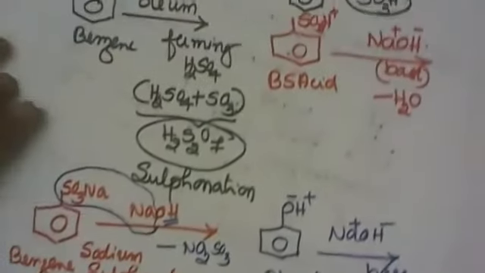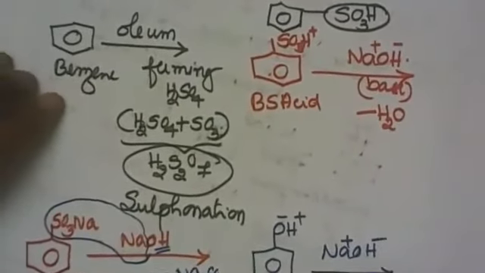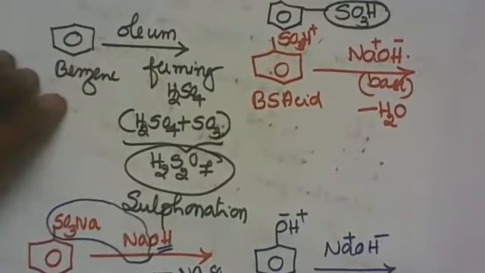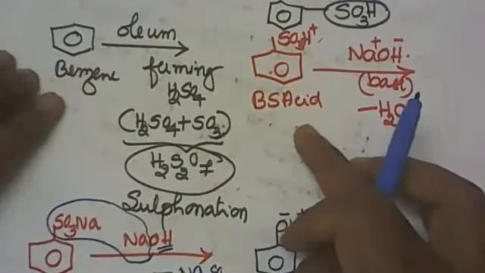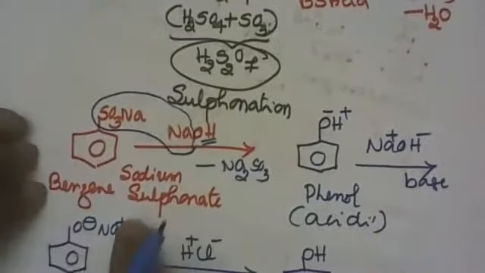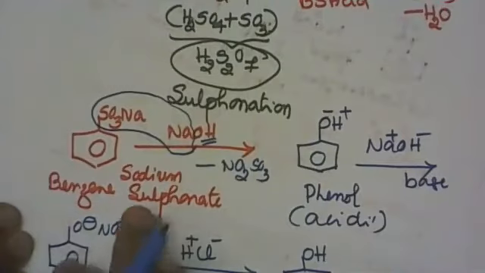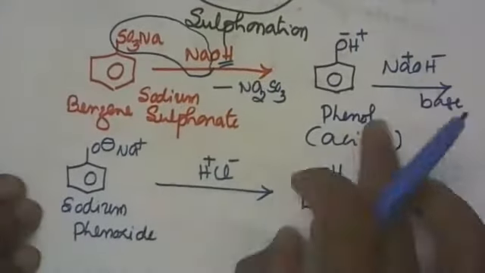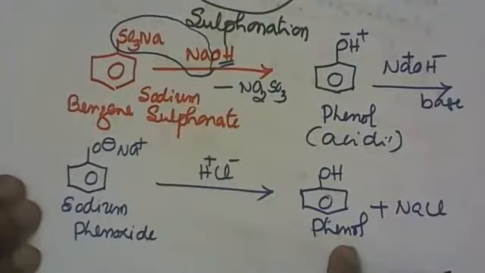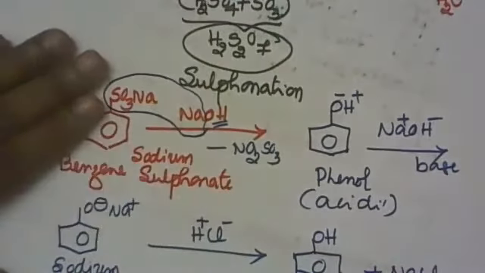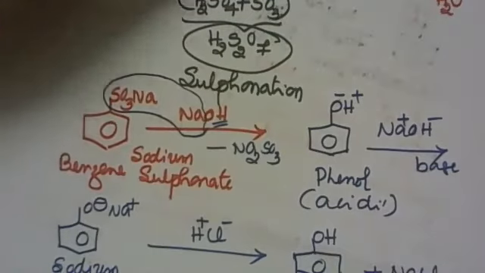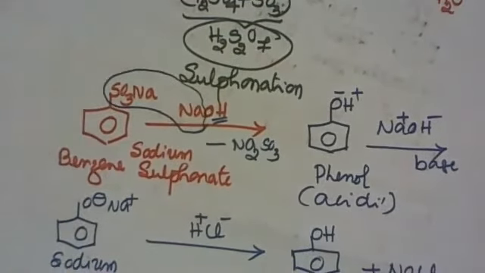So we have started with the benzene. Then we get benzene sulfonic acid. Then we get the sodium salt of benzene sulfonic acid. Then finally, on acidification, it gives phenol. Again, this is lengthy. So we can condense it. How will you condense this one? It can be written in a smaller version of the reaction.